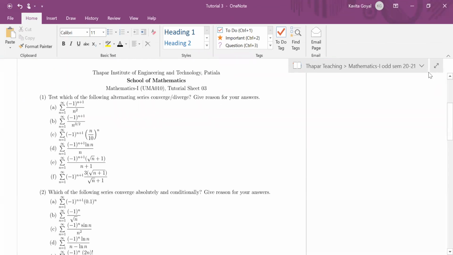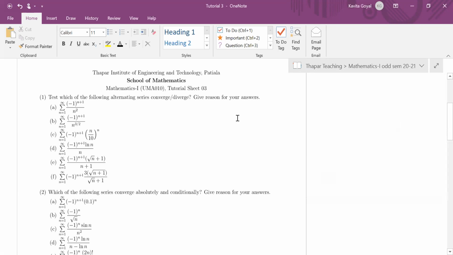Okay, beta. So we have already done the first two tutorial sheets. You can see the third tutorial sheet here, which is based on the alternating series and the concept of absolute and conditional convergence. Let me start with this tutorial sheet. I'll just wait for one more minute, let everybody come, then we'll start. Meanwhile, you can see the questions here and start doing them. Some of the problems we have already done in the class, but still, we'll cover them here today.